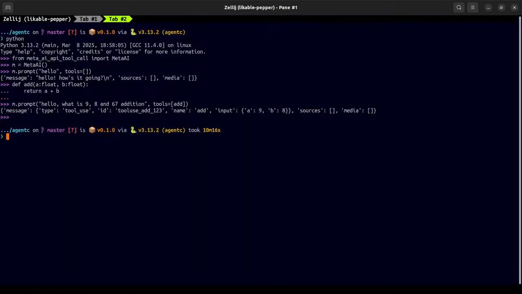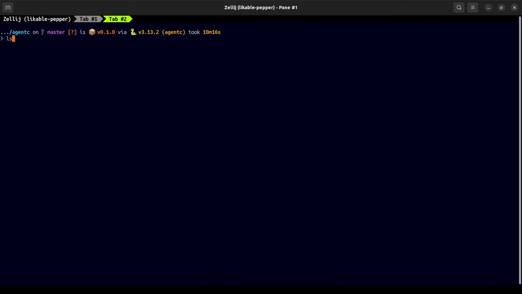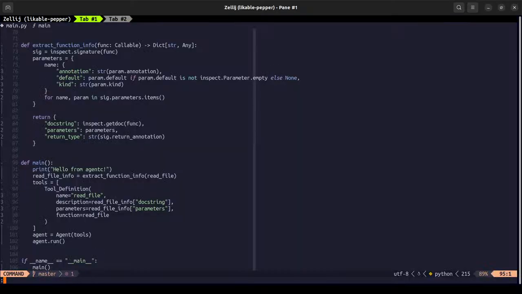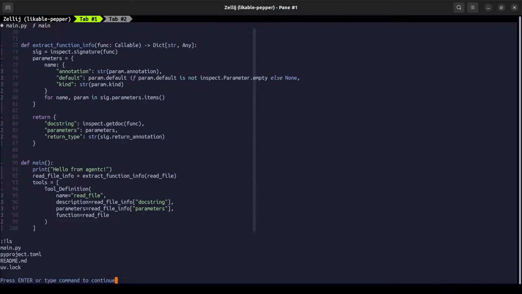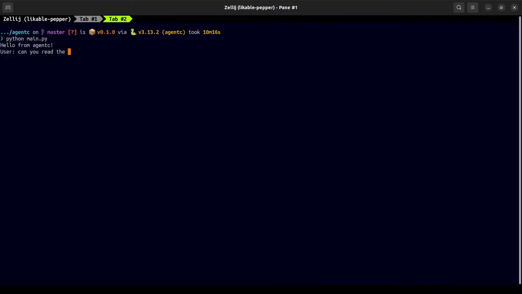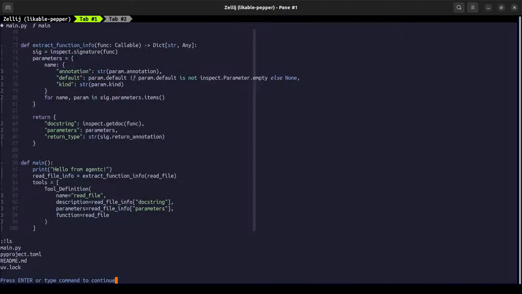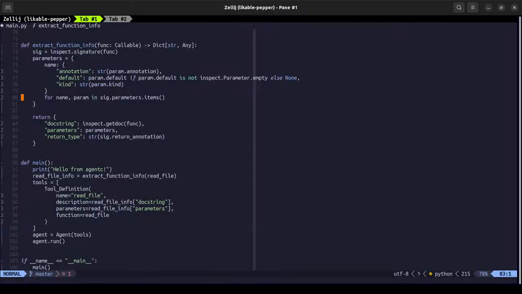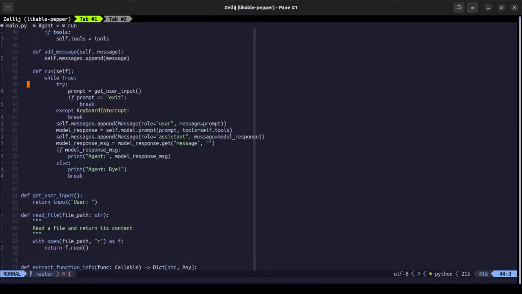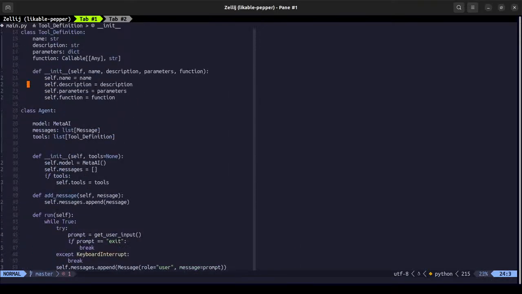Let's test it out. It's been a while. We have to build this. Can you read what we have? Read me. Tool definition object has no attribute get. All right, all right. So tool definition.